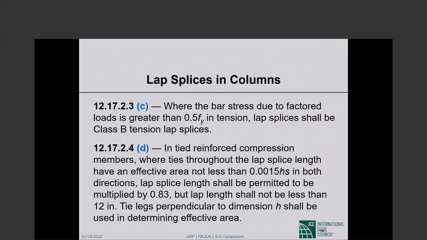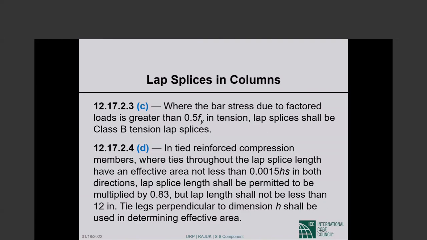Next thing it says is where the bar stress due to factored loads is greater than that. So stress is tensile and it is greater than 0.5 F sub y in tension. Now the lap splices have to be class B tension lap splices. Then in tied reinforced compression members,